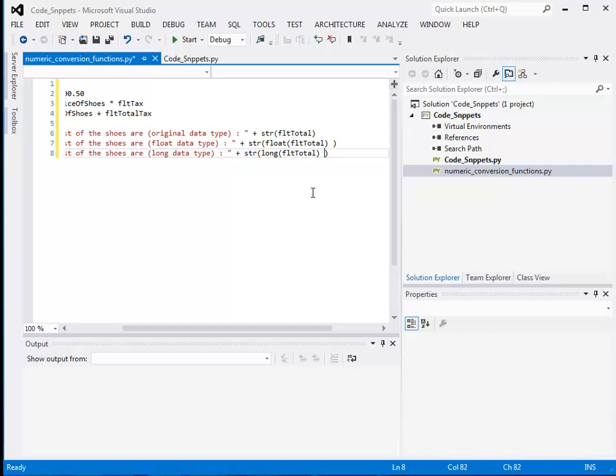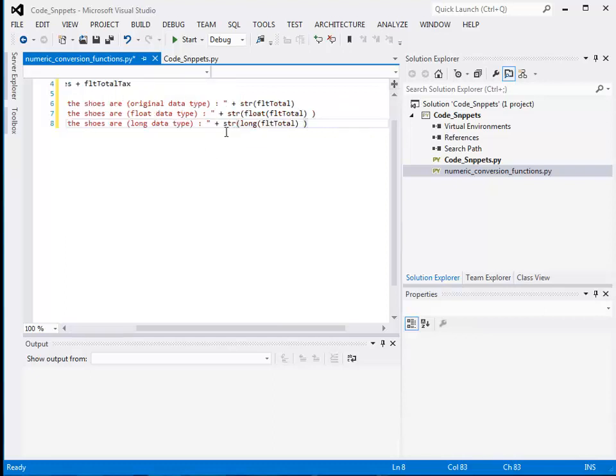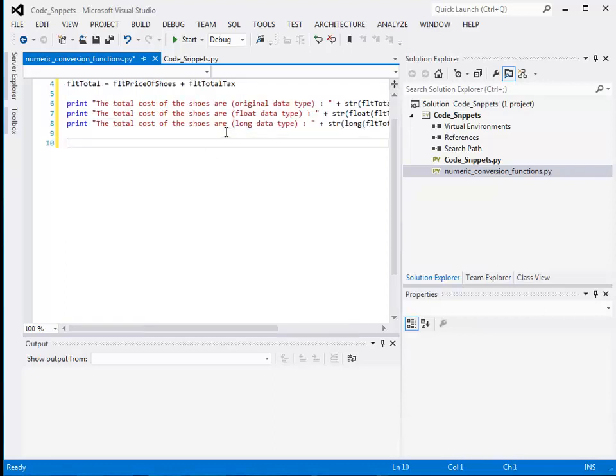So now I have identified and utilized two of the conversion functions. I've utilized the float and I've utilized the long. Now there's another conversion function that's called absolute. And naturally, in order to identify the operation of absolute, the best way to do so is to return a negative number and then apply the absolute conversion function to that negative number and convert that negative number into an